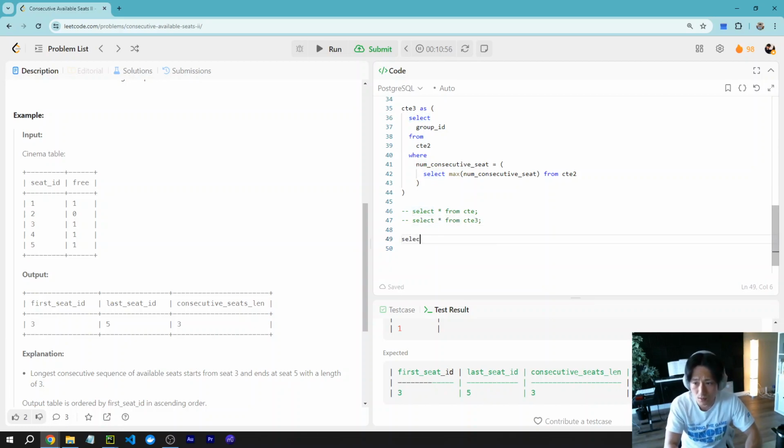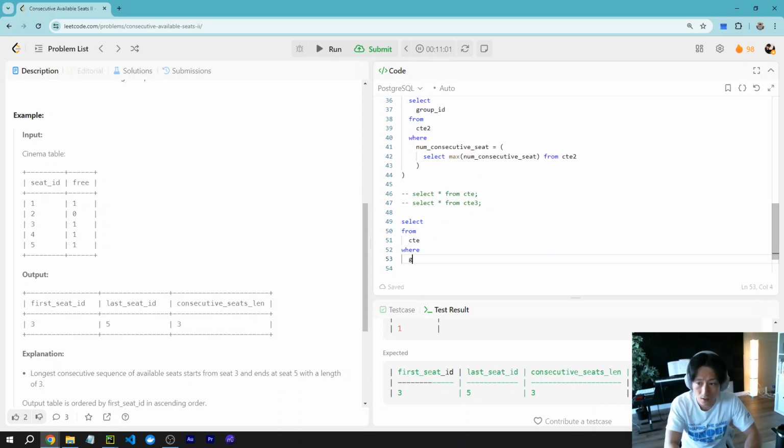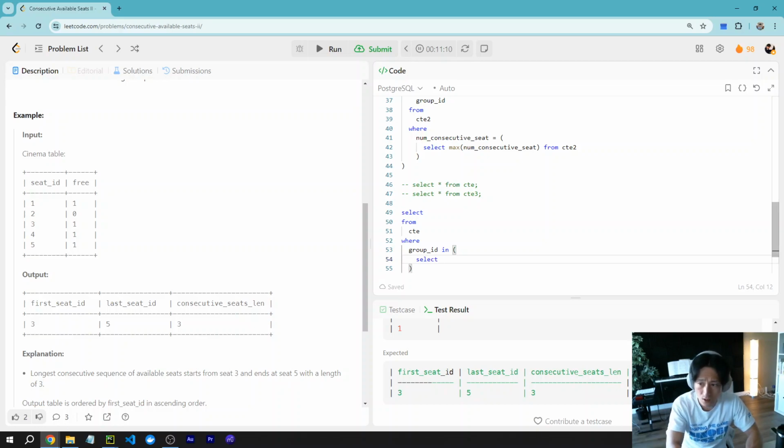So what I'm going to do is take from the original common table expression where the group ID is in the group ID from common table expression 3, and it's IN because maybe we have multiple groups, and I'm going to take a minimum of seed ID as first seed ID and take the max as last seed ID, and then